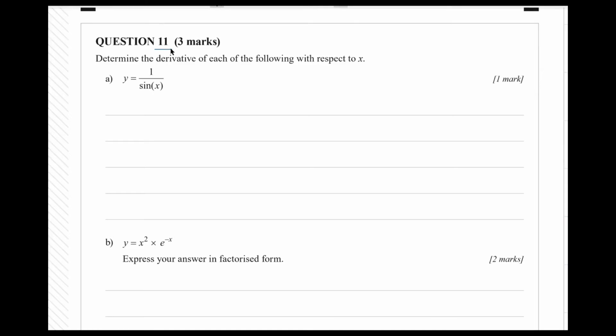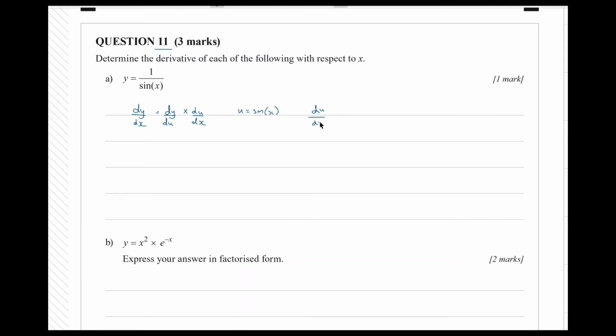Question 11 is actually question 1 of the short response questions. So question 1, determine the derivative of each of the following with respect to x. So here we can solve this using the chain rule, which is dy on dx equals dy on du times du over dx. We can let u be sine of x,